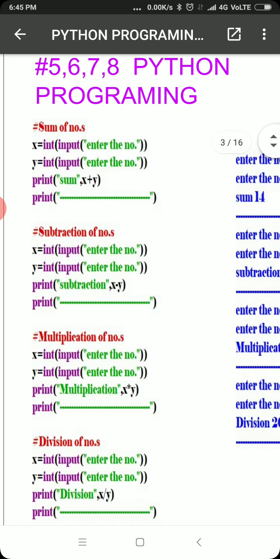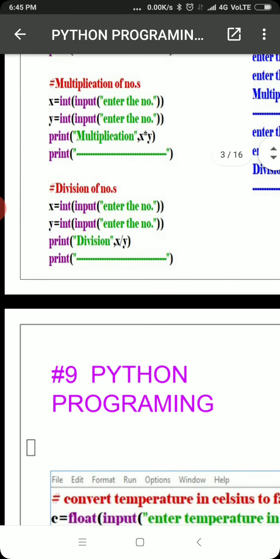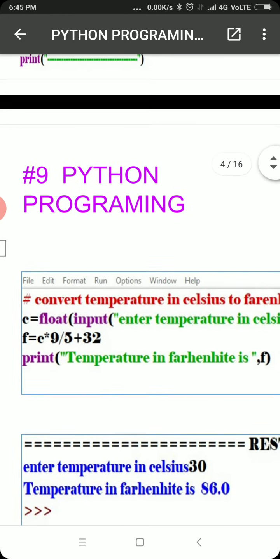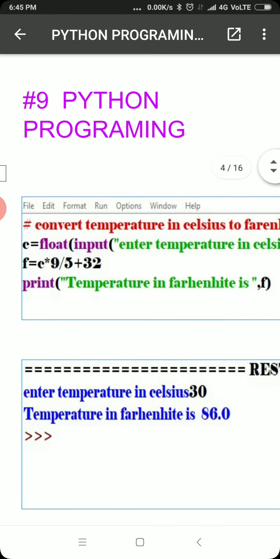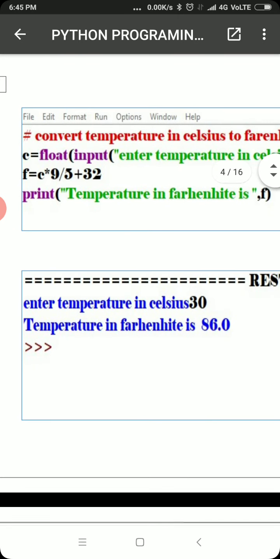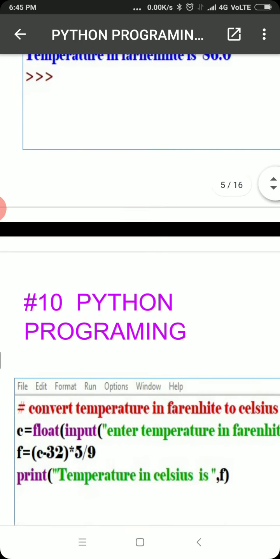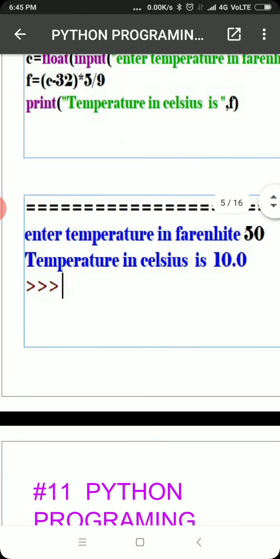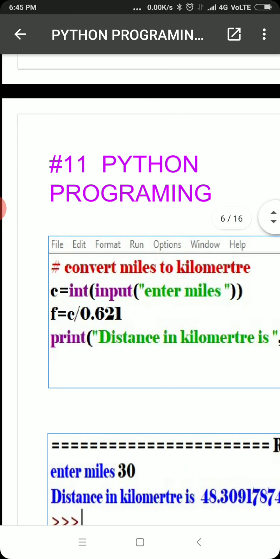In Pydroid you practice it, or in any Python you can practice it. Now some of the numbers: subtraction, multiplication, division, conversion from one unit to another. Here you can see they have used a screenshot of Jupyter. You can use that, or you can use IDLE. So whatever you are running, on mobile or on laptop or computer, you save the screenshots.